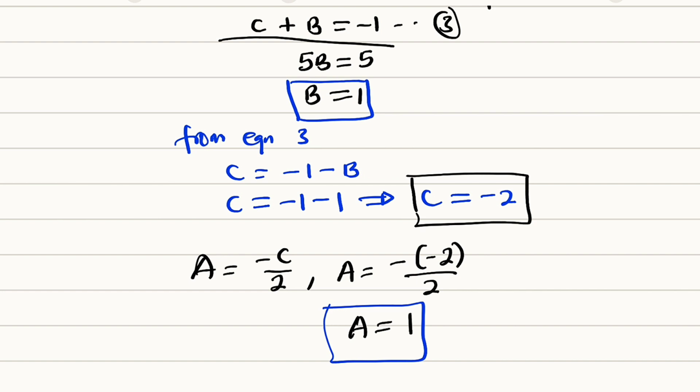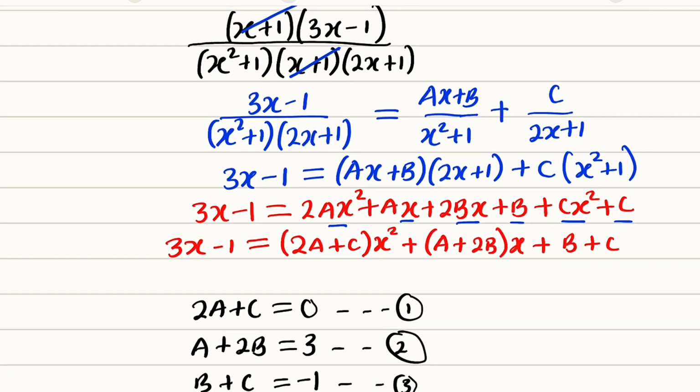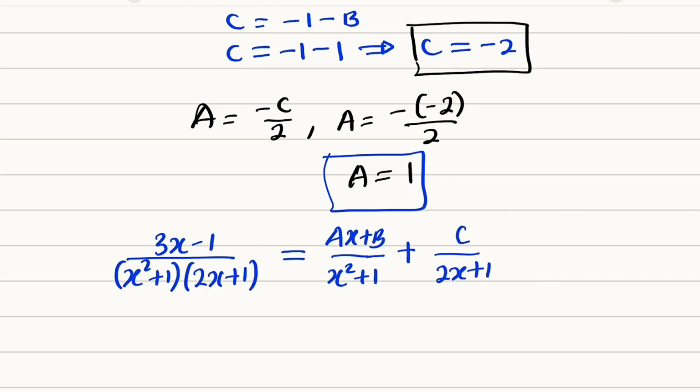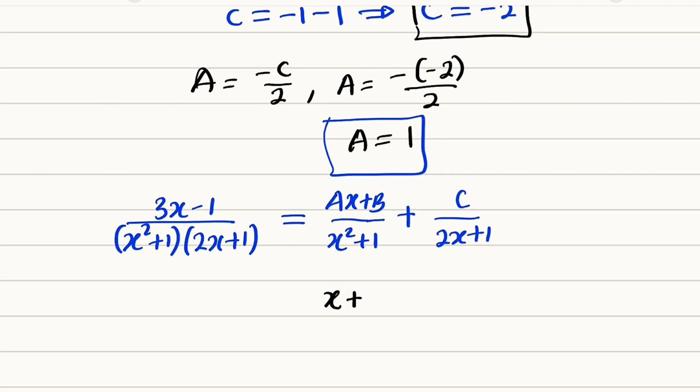Now what we need to do next is to substitute a, b, c in these fractions. You can see them right here. We are going to substitute the values of a, b, and c there to obtain our partial fractions. So now let me copy that. So I have just copied the equation here. We are going to substitute for a, b, and c. For a, we can see that it is equal to 1. So we have 1 multiplied by x, which is the same thing as x, plus b is equal to 1. You can see right here. So plus 1